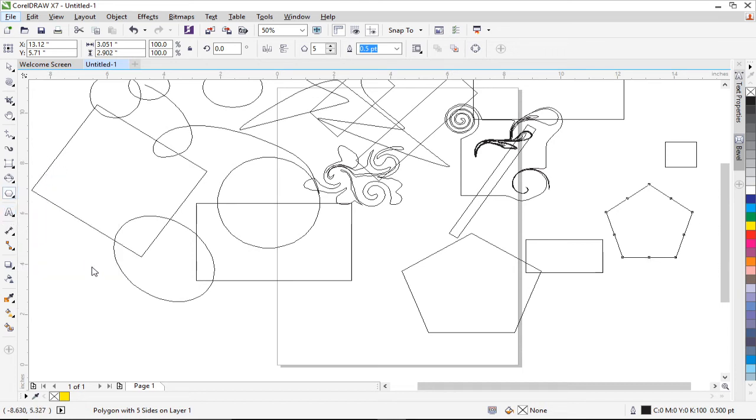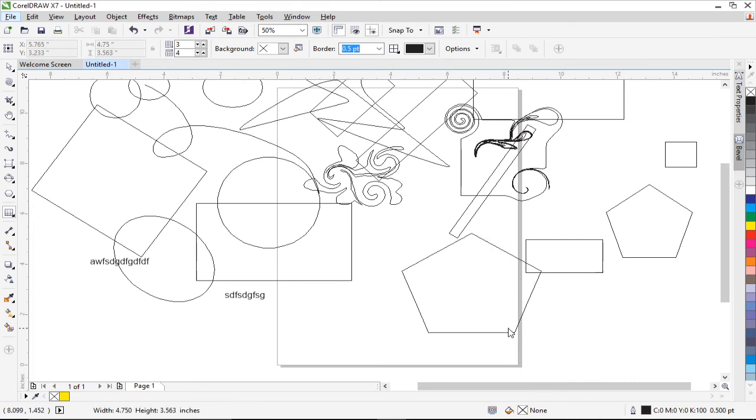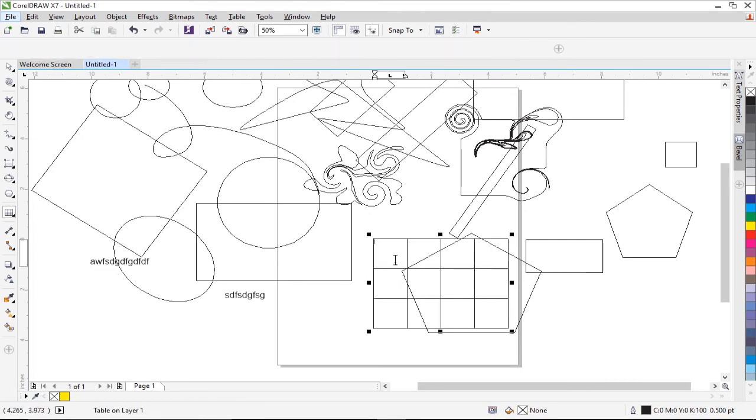This is your text tool. You want to write any text, you want to add text. This is what you use, the text tool. Then there's an arrow here to show that there's another tool. So to draw a table, the table tool, that's what you use. Okay, as for that,